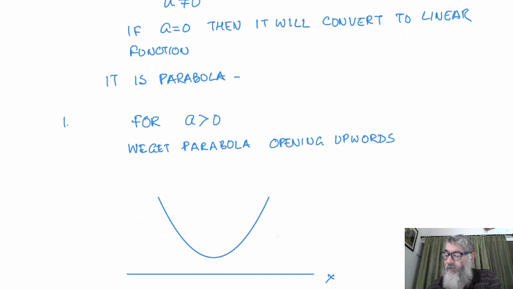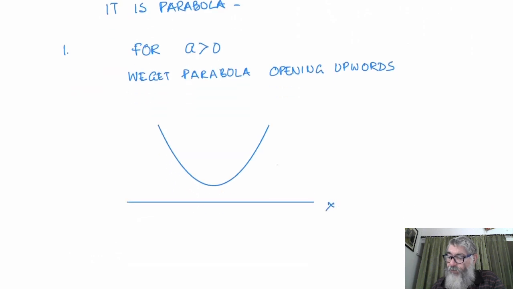There are three things which can happen. Number one, it is not cutting the x-axis. As we were discussing for parabola, in the first case, a is greater than 0. If a is greater than 0, then we are getting parabola opening upwards. Like in this figure you can see above x-axis. It is not cutting the x-axis. There are three things which I'll show you in this case.